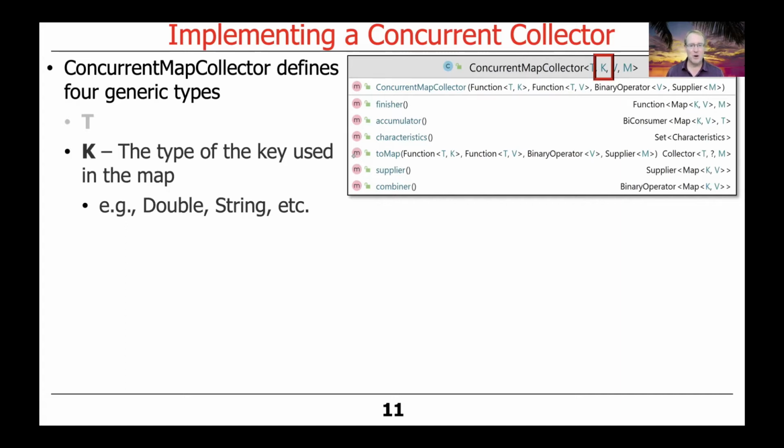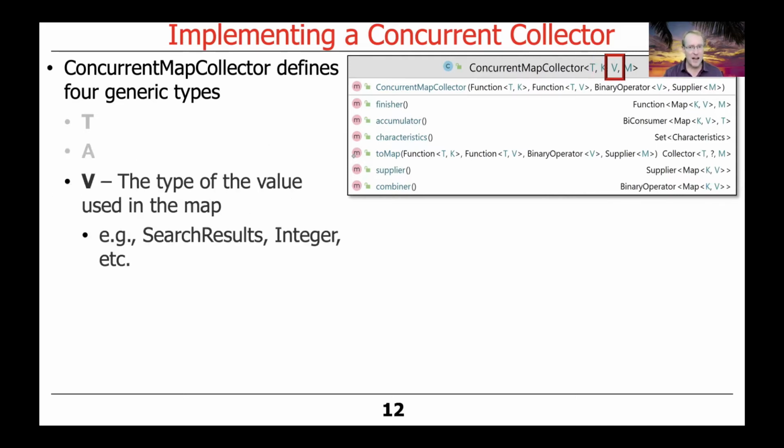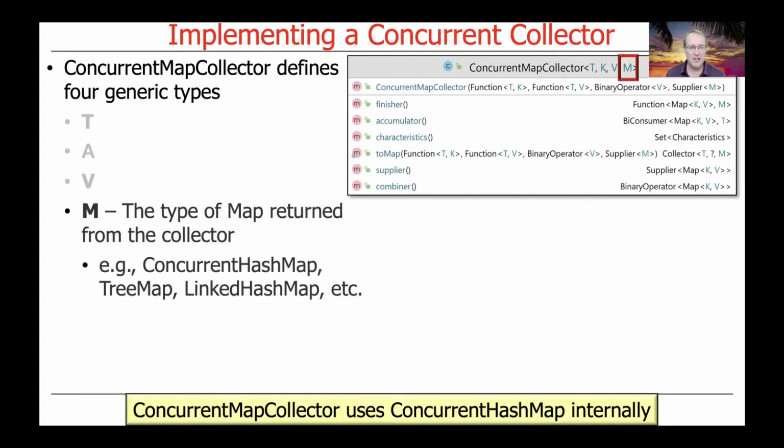Speaking of key-value bindings, another parameter is K, which is the type of key used in the map, which could be Double or String or Integer or whatnot. Then there's V, that's the type of value used in the map, which could be SearchResults, Integer, String, Double, whatever. And then finally, the 4th parameter is M, which is the type of map that's returned from the collector, which could be ConcurrentHashMap, could be TreeMap, could be LinkedHashMap, and so on and so forth. And notice that there's no requirement that the type of map returned from the collector actually implements ConcurrentMap,